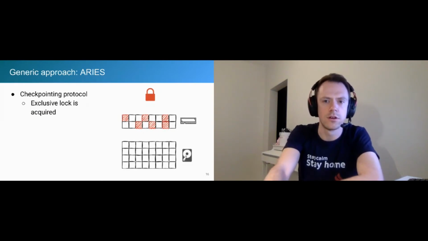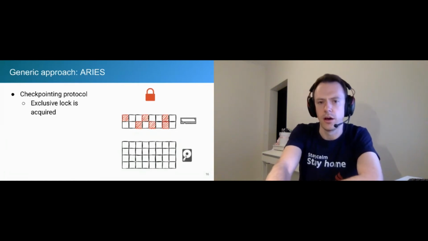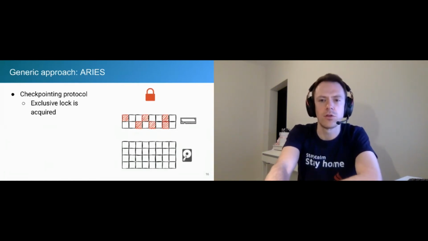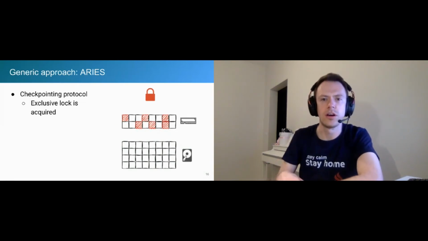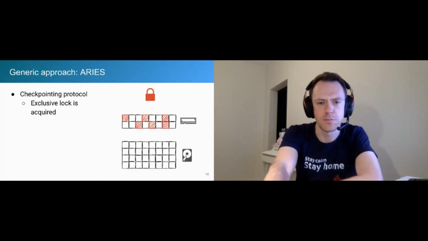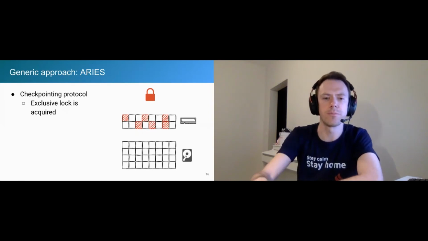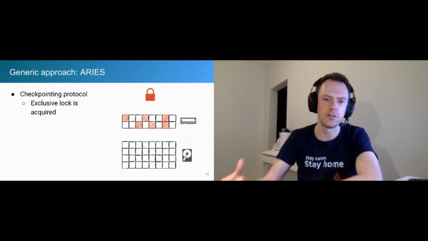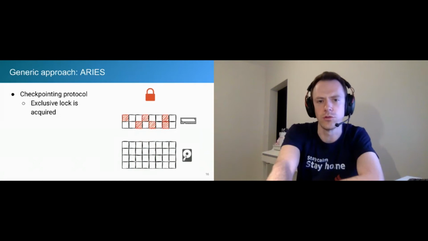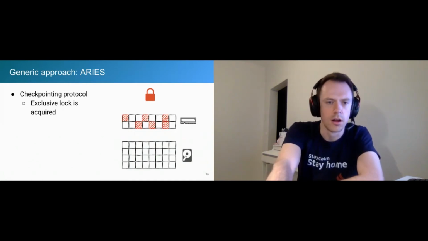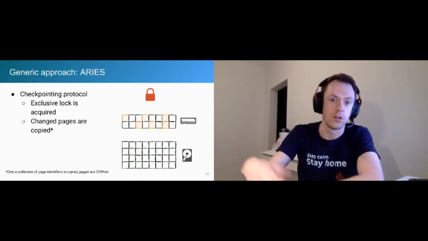The first step in the checkpointing protocol is exclusive log acquisition. Once the exclusive log is acquired, we know that there are no in-flight updates to the pages. And at this point, all the pages are mutually consistent. So this is the state that we want to transfer to disk. When the log is acquired, we